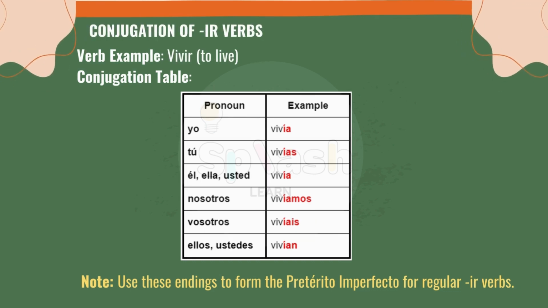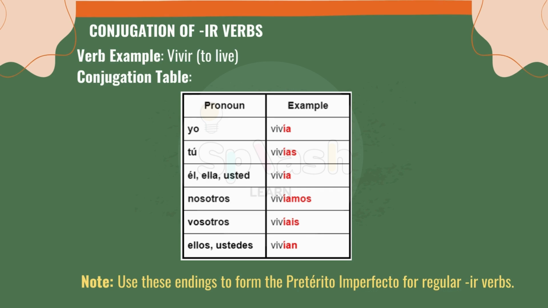Finally, let's look at -ir verbs. We'll use vivir, which means to live, as our example: yo vivía, tú vivías, él, ella, usted vivía, nosotros vivíamos, vosotros vivíais, ellos, ustedes, vivían. The endings for -ir verbs are the same as those for -er verbs: -ía, -ías, -ía, -íamos, -íais, -ían. This makes it easier to remember, as you only need to learn one set of endings for both -er and -ir